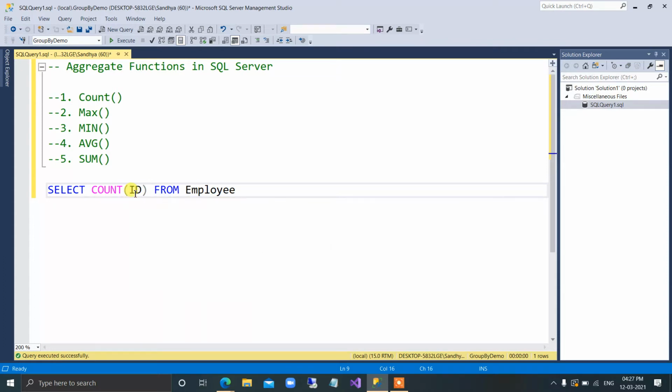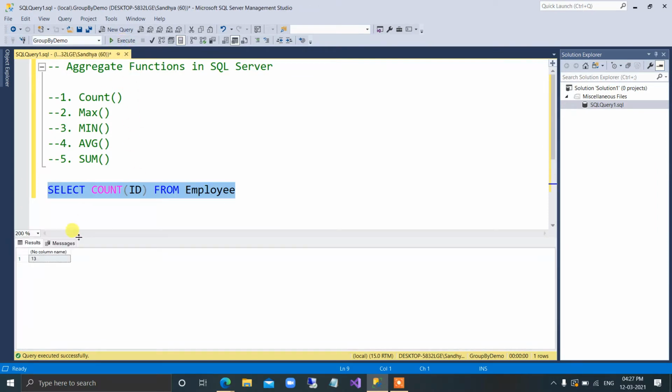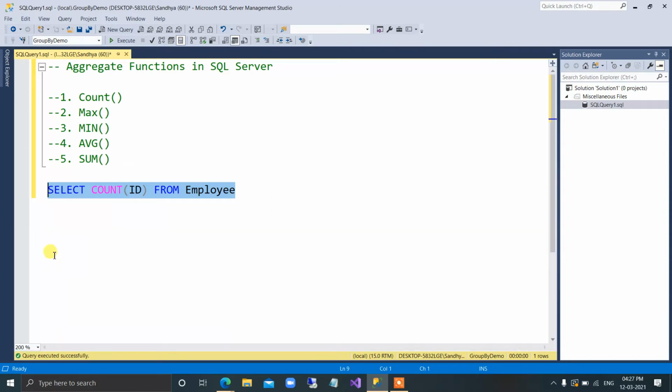So I will go with ID. We are not concerned about the data, we are only concerned about the total number of records. It doesn't matter which column you take, but from the performance point of view, you better go with one column rather than the star. Okay, so right now I'll execute and you can see the same result. Total number of records present in this particular table is 13.